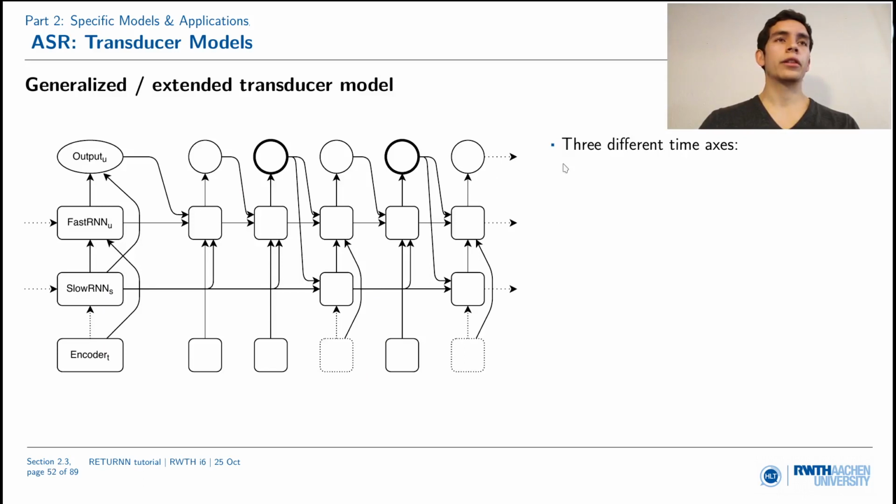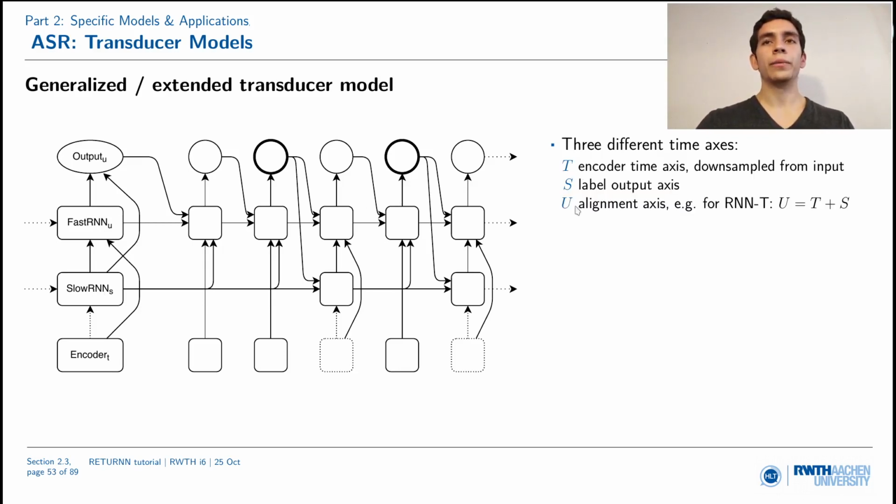Another sketch of the transducer model is shown here. So we have basically three different parts: the encoder, the slow RNN, and the fast RNN. And we also have three different time axes: T, S, and U. The T is the encoder time axis, and it is downsampled from the input per the time reduction. S is the label output axis, so that is the actual labels which are emitted. And U is the alignment axis,